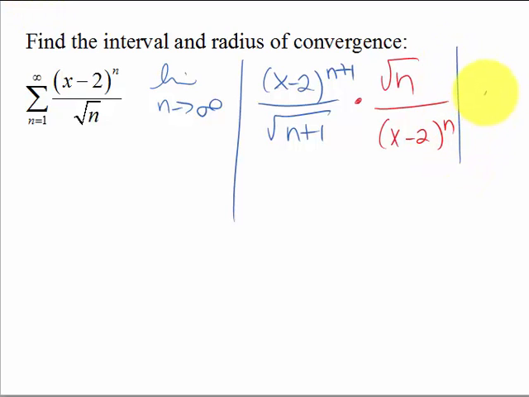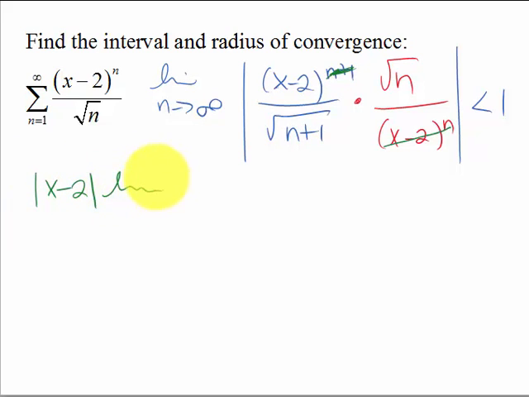And if that is less than 1, then we have convergence. So that's what we'll be looking for, the x values that make that less than 1. So let's see what we could do to simplify that. This x minus 2 to the n will cancel with the to the n part here and just leave us an x minus 2. So we're going to bring that out in front of the limit because it doesn't involve n. And we have limit as n goes to infinity of, we won't need the absolute values on this part then,